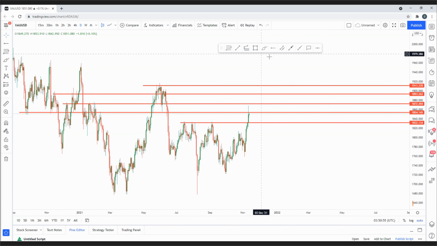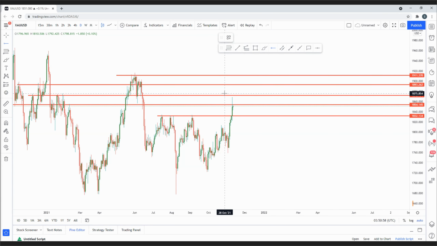Okay, so what I'm looking for is actually a break. I don't think it will break this level today. You can say that this is a previous high level. So do I think it will break? No, I don't think so. I don't think it will break today because I don't think there's any big news actually affecting the gold market today. So what I'm expecting is that it will touch,